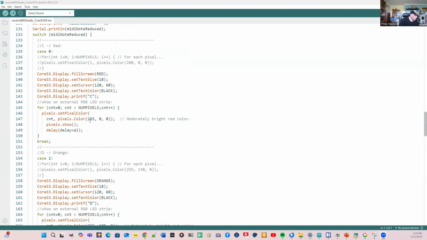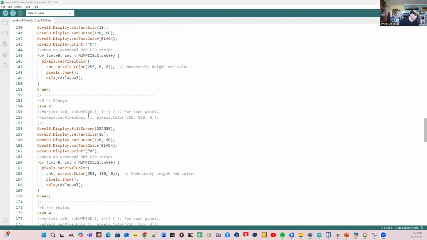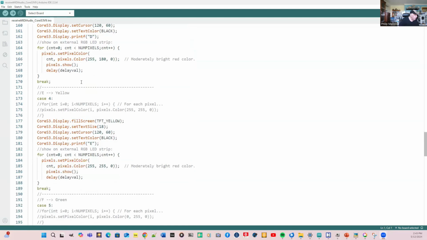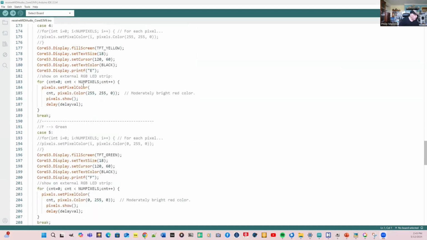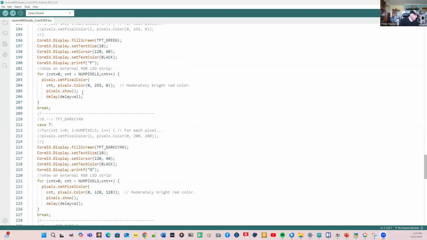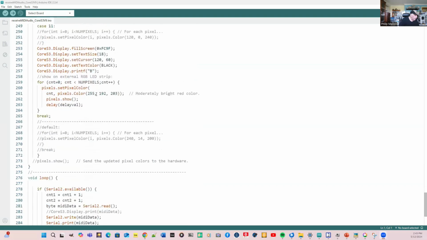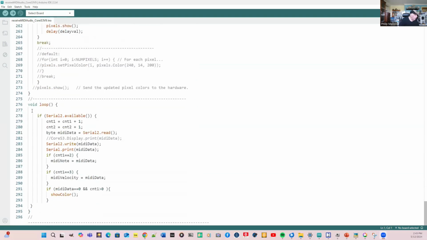And you can see we're setting up 255, 0, and 0, and that gives us a bright red color. Then we go through all of the Boomwacker colors from D, E, and that's similar, but we do change the color parameters as we go through all that. And right at the end of the loop, the continuous loop, if there is